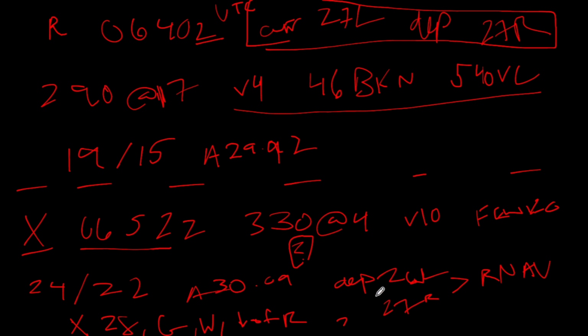We've got departing 26 left and 27 right, and we can expect RNAV fixes when we take off. Don't worry about what all that means for right now. And we also know that some things are closed. So runway 28 is closed, taxiway Golf is closed, taxiway Whiskey is closed, all the taxiways south of Romeo are closed. A lot of stuff going on in Atlanta, but that's the gist of how you get the ATIS,